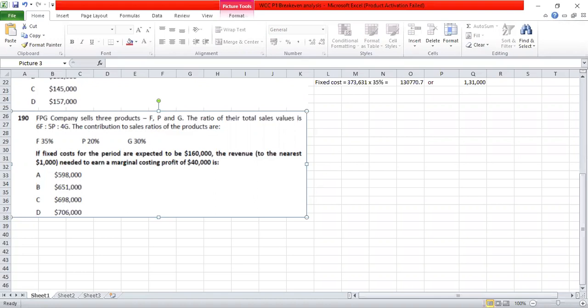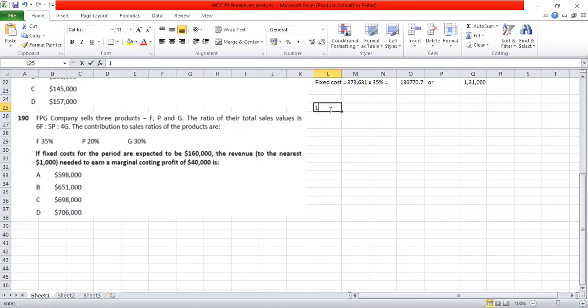Now, when the proportion is given, what is it that we have to do? We have to find out the weighted average contribution margin ratio. That is what we have to do. So let's take it up. Question number 190. What are we to find out here? If the fixed cost is given as 160, the revenue needed to earn a sales marginal costing profit. So here we have to find out what is desired sales